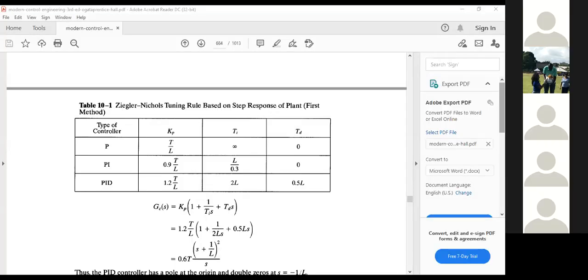So in our situation there, we had L equal to 2, T equal to 3, K, which we don't need, equal to 10. So now